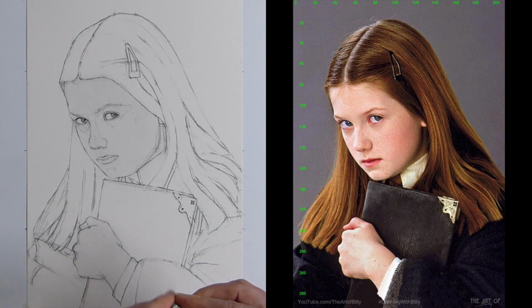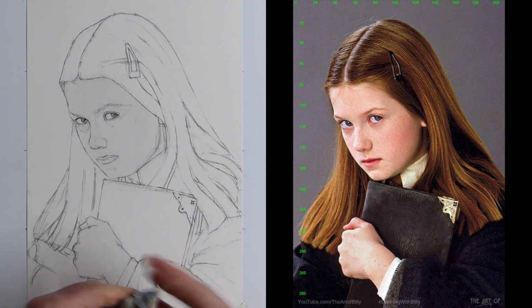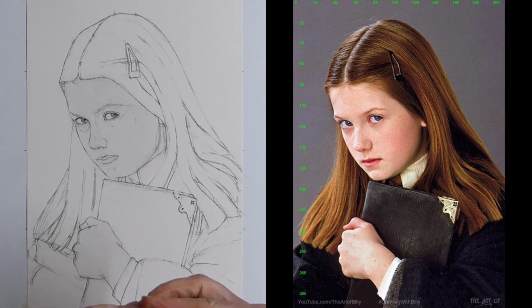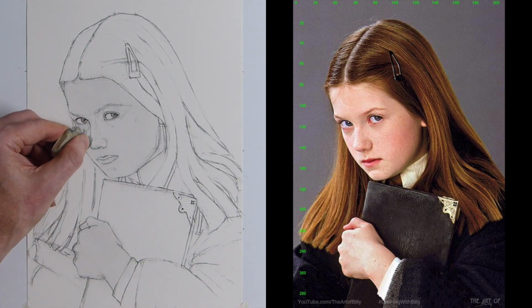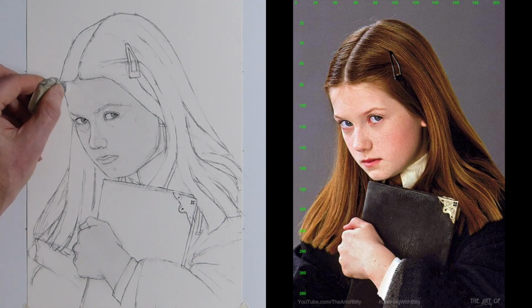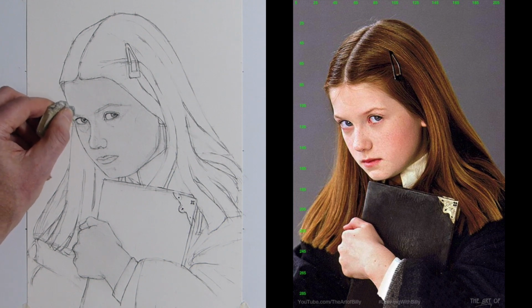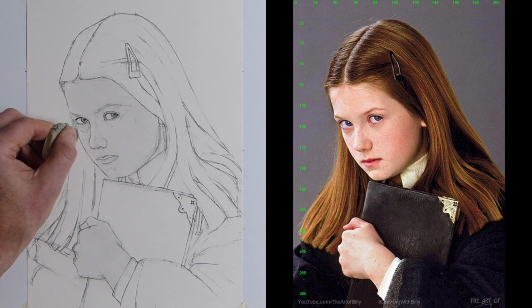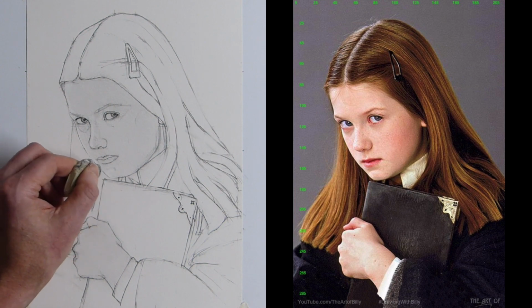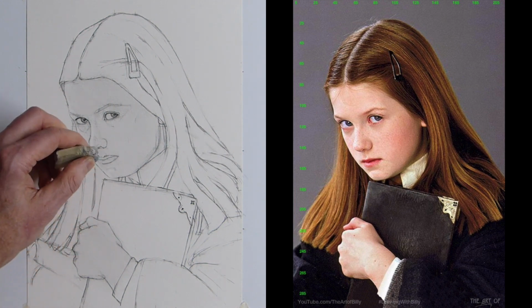Now I'm going to come in with the clean putty rubber. Again, I've got the two. I've got a dirty one that's done a lot of work. This one's a newer one, hence it's a bit cleaner. I'm going to come in and straight away pull out the highlight on the front of the nose, and it starts below the eye, and then up in the corner, down the edge of the hair, where the forehead meets the hair, down the side of the forehead, over the top of the eyebrow, and then just inside you've got a nice highlight all the way down, and the top of the chin, a little bit over the top of the lips,